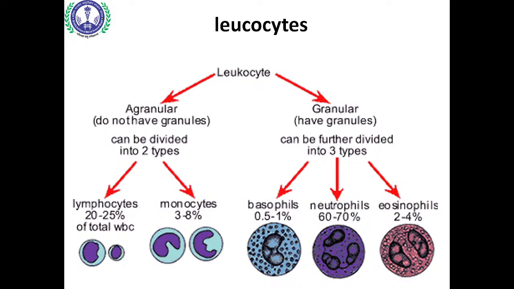If you are preparing a blood smear and you observe its 100 fields, what does 100 fields mean? What does field mean? One view that you are seeing under the microscope, that is one field. So you have to count when you will be doing differential leukocyte count. TLC in itself is not sufficient enough. Only knowing that the count of WBC is increased is not sufficient. It has to be assisted with DLC. DLC is differential leukocyte count.